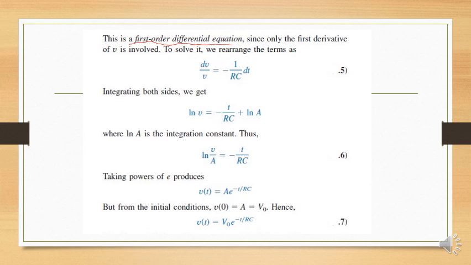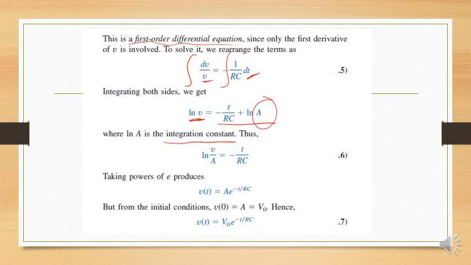Now, the same equation, equation number 4, we again rearrange, and we take dV over V on one side and 1 over RC into dt on the other side. Now if we apply an integral on both sides, what are we going to get? The integral of this is this, and the integral over here is this. What is this? This is the integration constant. I guess you are familiar with this constant from your previous classes or from mathematics.